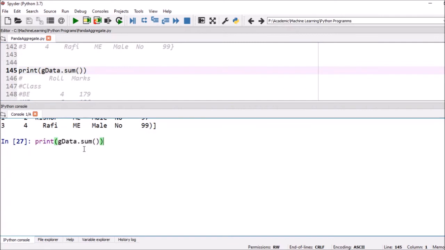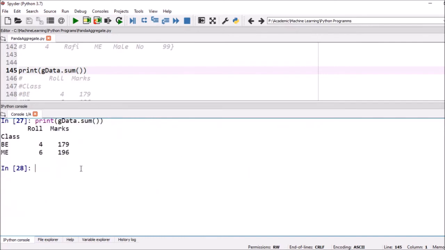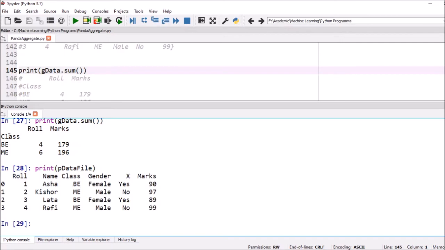Now you can see group by data dot sum. You can see it adds all the B and Amy roll numbers. So see here, just look at the file first. Print the data file. Here the roll numbers for B are 1 and 2, so 3, and for Amy roll numbers 2 and 4, so 6.